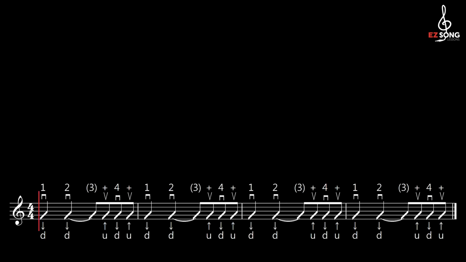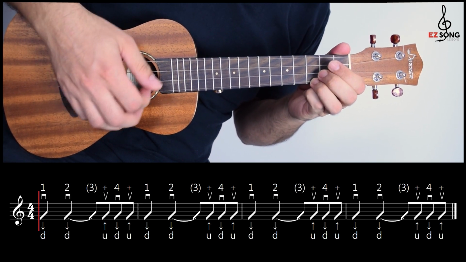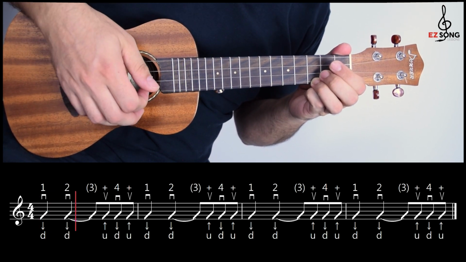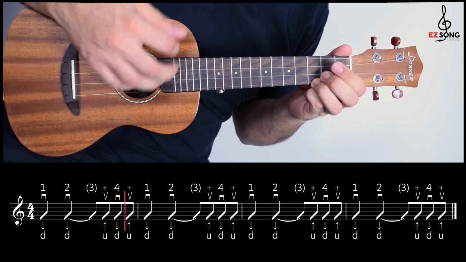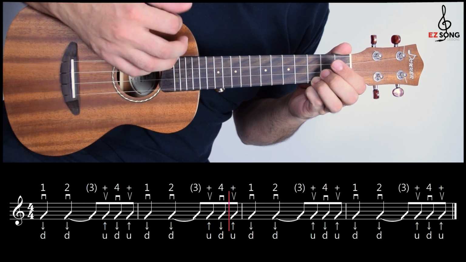Tip number 19. Use this rhythm to play How I Met Your Mother's version of La Vie en Rose. And here's another example using ties. 1, 2, 3, 4. 1, 2, 3, and 4, and 1, 2, 3, and 4, and